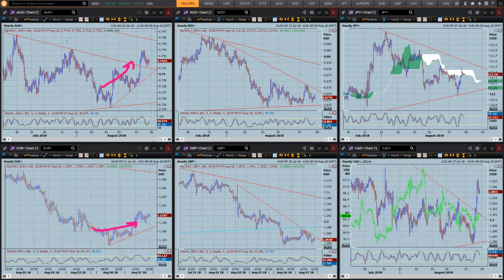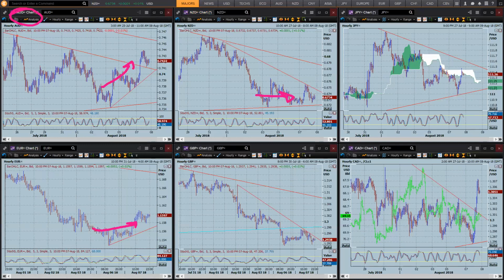And you can see that's because China imports all of Australian products, not just a few. It is the biggest importer of Australian products, so it's very important for Australia. The Kiwis are a little bit caught up in it, not so much. It's trading sideways as we wait for the inflation expectations and the RBNZ.